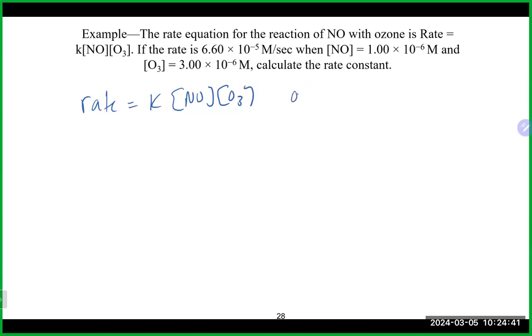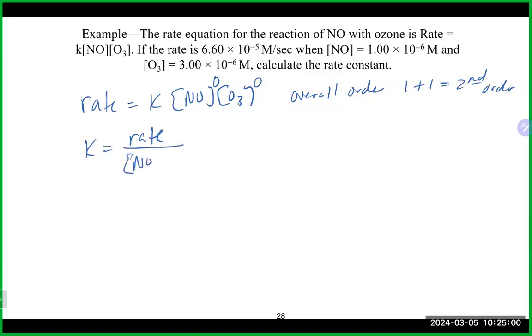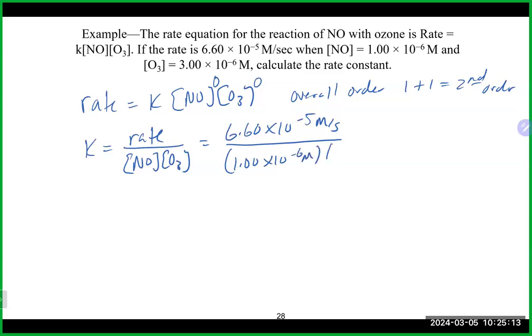And in this case, by the way, the overall order here is going to be 1 plus 1, which would be a second order reaction overall, as again, each of those guys are first order. We're going to solve for K in this case. So K would equal the rate divided by [NO] and [O3]. So putting in our numbers here, 6.6 times 10 to the minus 5 molar per second divided by 1 times 10 to the minus 6 molar, and 3 times 10 to the minus 6 molar, going to get us here